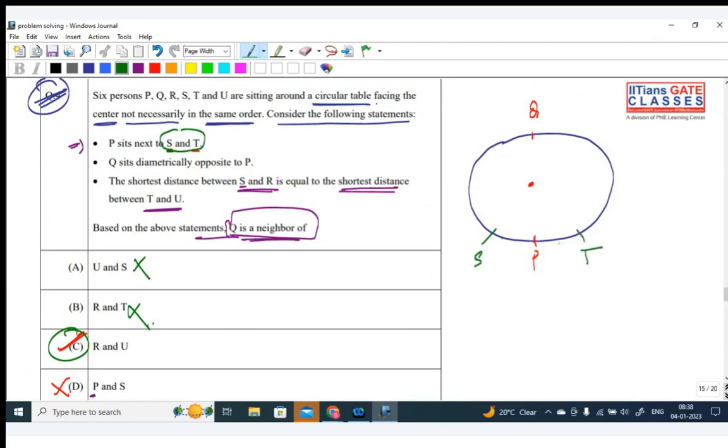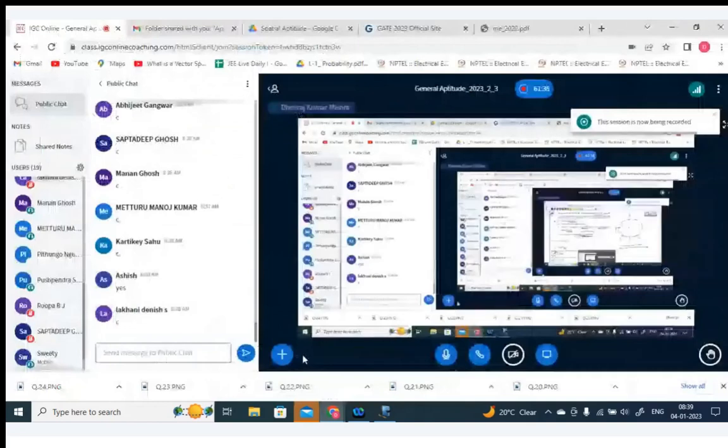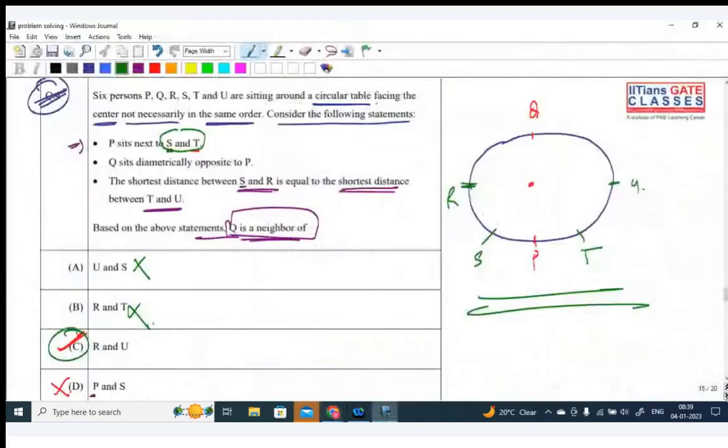Okay, understood. So R is here and U is here, right? So these distances are the same, right? So yeah, perfect, perfect, perfect. Okay,